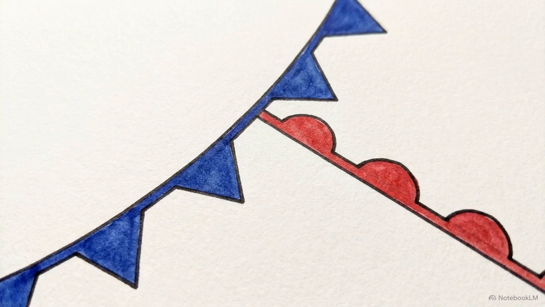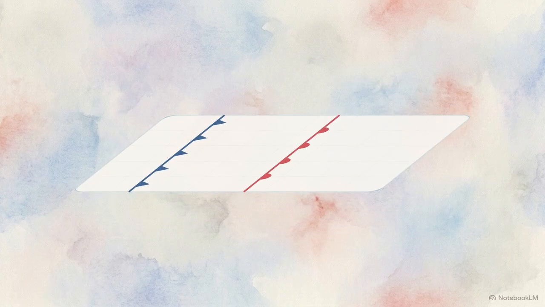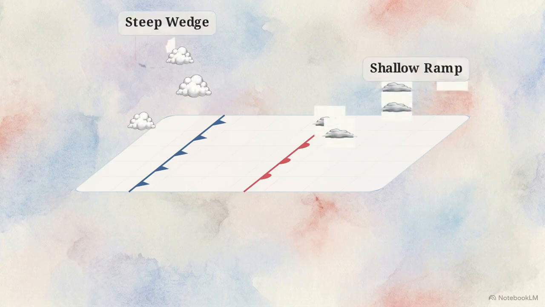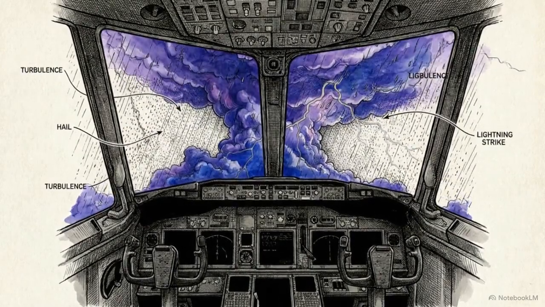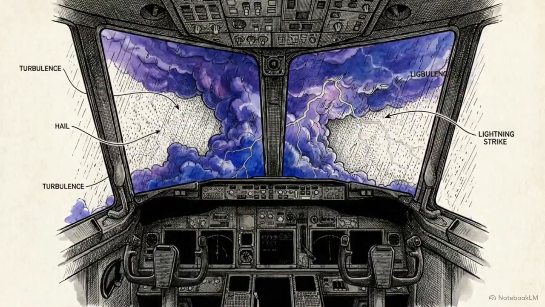These symbols, the barbs and semicircles, function as top-down blueprints, encoding the specific three-dimensional geometry of the atmosphere onto a two-dimensional plane. Identifying a specific boundary allows you to visualize the invisible physical slope of the air mass. The semicircle indicates a long, shallow ramp. The barb marks a steep, blunt wedge. Knowing this 3D geometry enables pilots to accurately predict the aerodynamic hazards awaiting them, from freezing rain to low-level wind